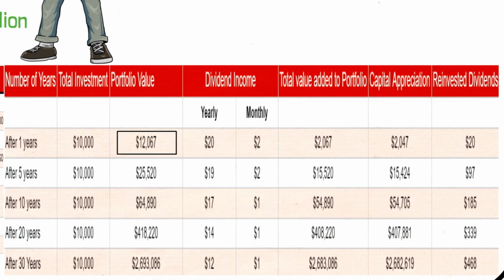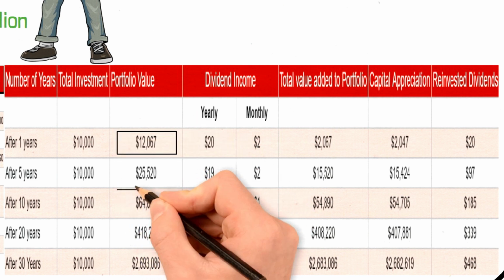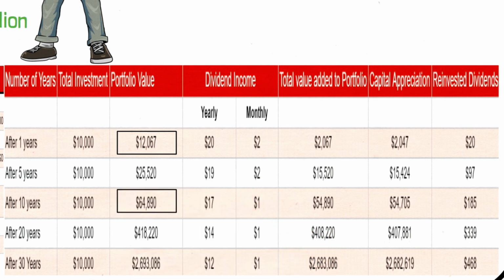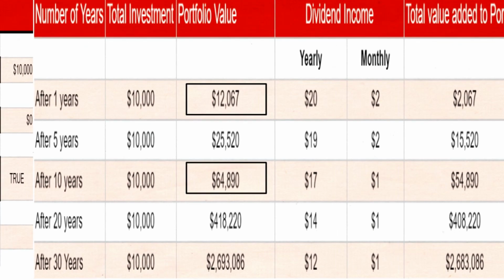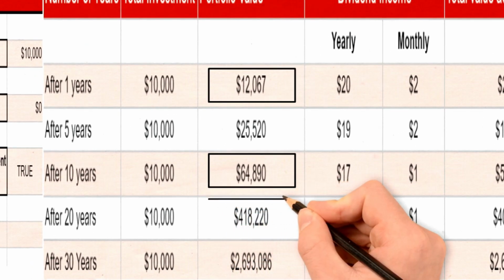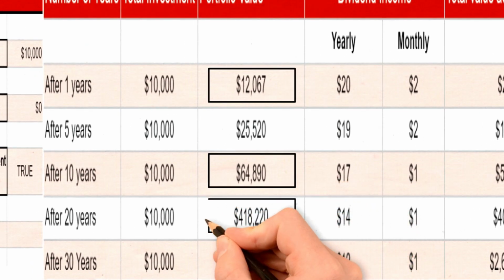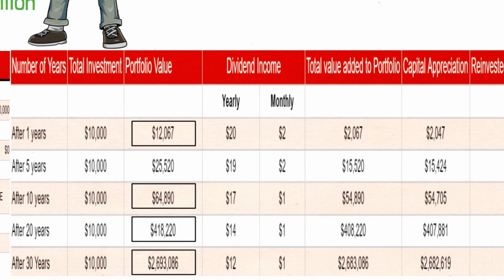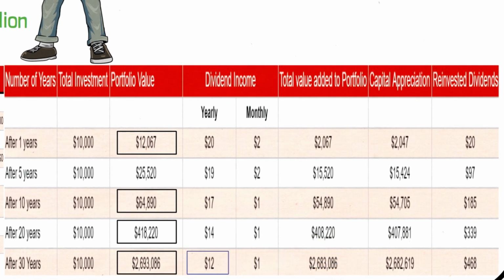Over a decade, this investment could grow to approximately $64,890. For those with a long-term investment horizon, the projections are very promising. After 20 years, the investment could be worth around $418,220, and after 30 years, it could reach an impressive $2,693,086. Although the dividends might seem minimal at $12 annually or $1 per month, the substantial capital appreciation significantly boosts the total value added, amounting to